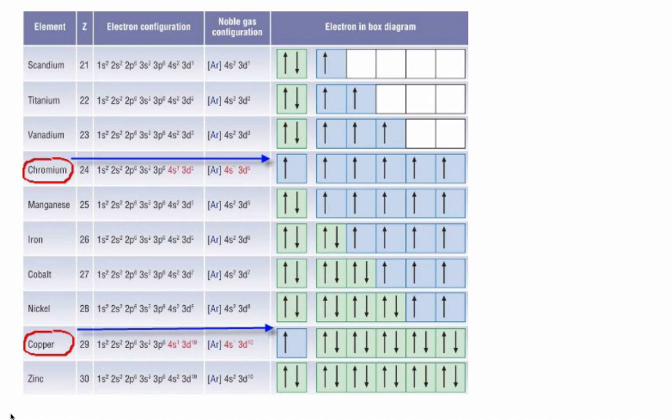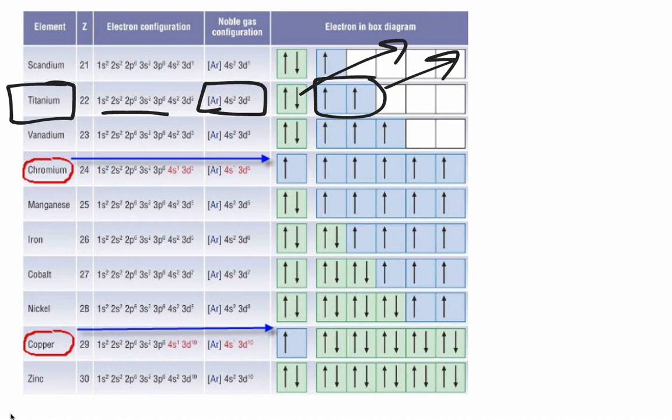If we take a look at, say, titanium right here, notice its electron configuration and its noble gas configuration. When it forms an ion, what it actually does is lose its 4s electrons first. So these electrons leave first, even though they also fill first. This is kind of the difficult thing. And then it also loses these two. So the most common charge on titanium actually is a +4. That's true for titanium. It loses all of these electrons.